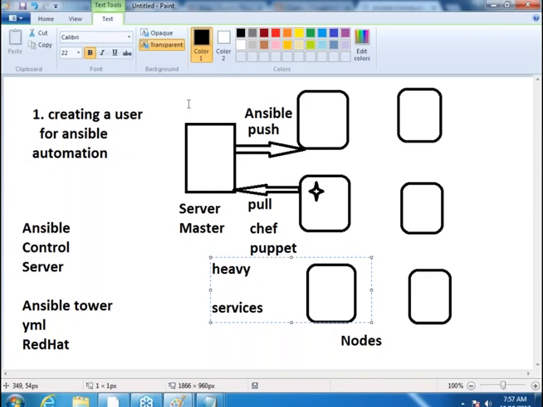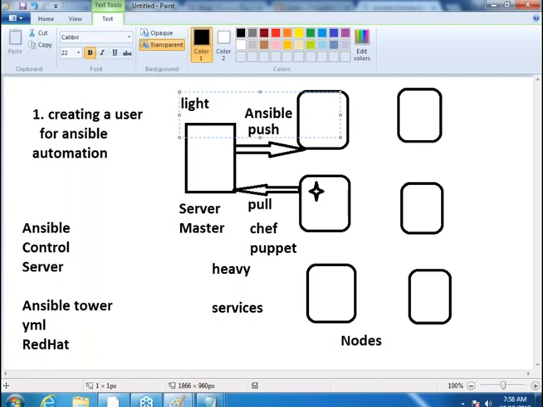But in case of push models, or in case of Ansible, it is very lightweight. And it is not a service. It would start only when you ask it to start. So there is no running software even on your server. Only when you execute the command, then it would start and do the work. So that's the best part. And your server need not be fault tolerant. You can do it from your laptop also. Basically, the Ansible control server can be a very thin machine also.